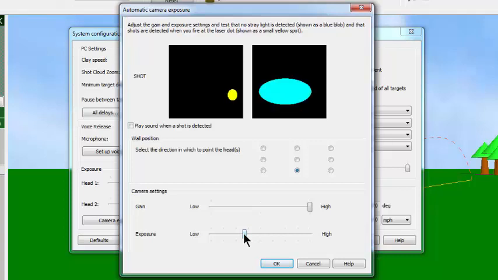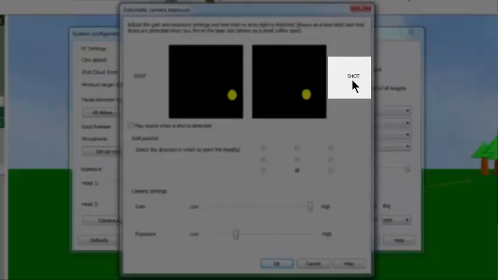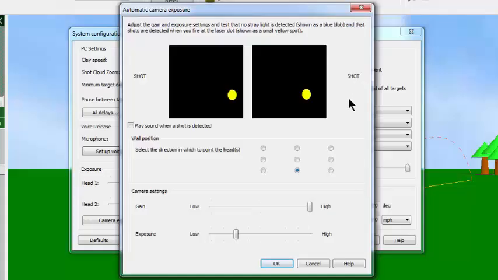Now, as I take this down farther, notice that the right-hand side very quickly gets into a state where it's less than 40 camera pixels. And up here it also says that it's busy shooting. So if you had this much infrared on the wall, there's really nothing you can do with it, because as you come on down farther and farther, the actual amounts of pixels become less and less. But notice that I get all the way down to the lowest possible value. And if I turned on the sound,